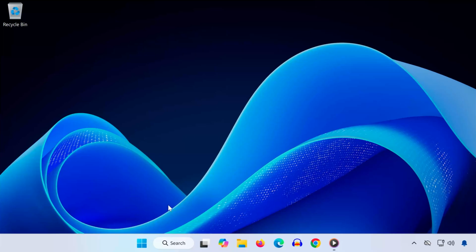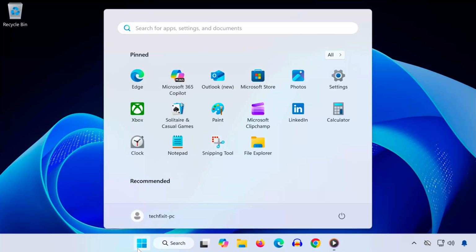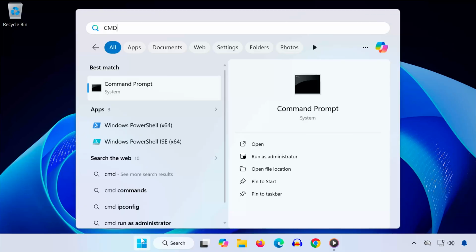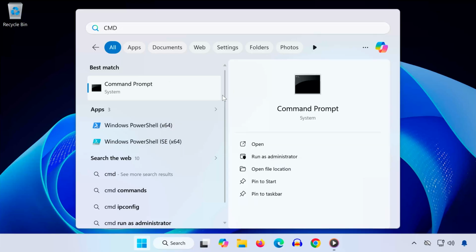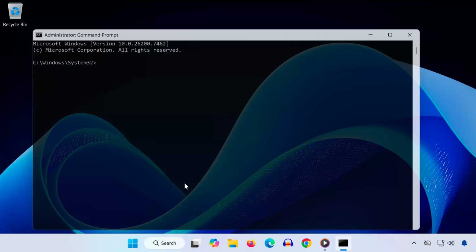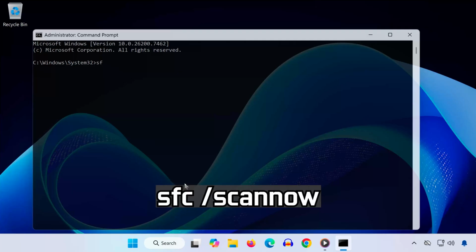Solution 1. First, open the Start menu and type CMD. Right-click Command Prompt and select Run as Administrator. Click Yes when prompted. Once the command prompt opens, type the following command: